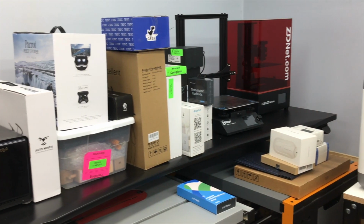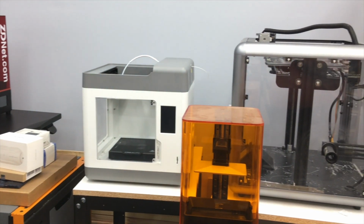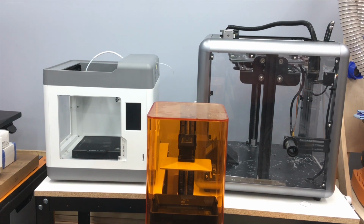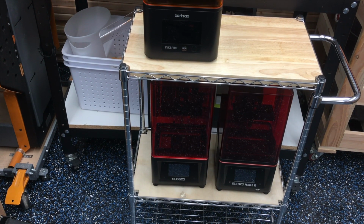All right, so this is the donation haul for our local makerspace. It is 7 3D printers, 3 drones, and a whole pile of other stuff and I think there's 2 or 3 robots in there, and a variety of other things that our local makerspace and our local schools can use, benefit, teach their kids,